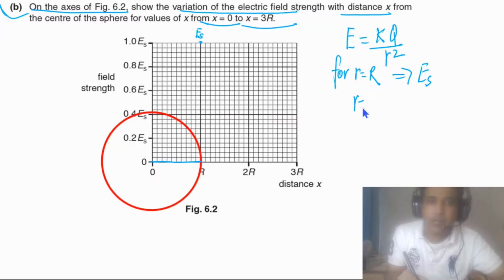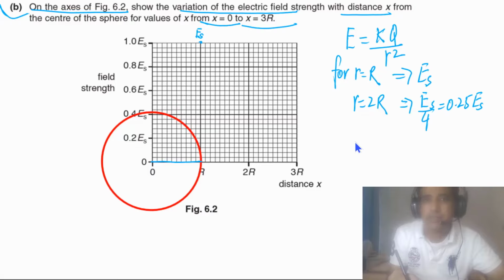And for R is equal to 2R, Es has to be divided by 4, meaning this will be equal to 0.25 Es. And for R is equal to 3R, the electric field is Es divided by 3 square, which is 9,